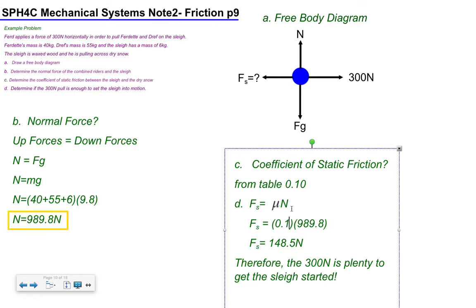When you calculate your force of friction, then the force that he needs to be applying, something greater than that to get this thing going, is going to be mu times the normal force. So the mu you get from the table, and if I gave you a question where you couldn't, I'd either give it to you in the question or maybe you could look it up somewhere. But I'll change this number. So 0.1 times that, it'd be 98.9 newtons, or I'm just going to say 99 newtons. So he has to apply at least 99 newtons to get this thing going. So his 300 newtons is plenty.